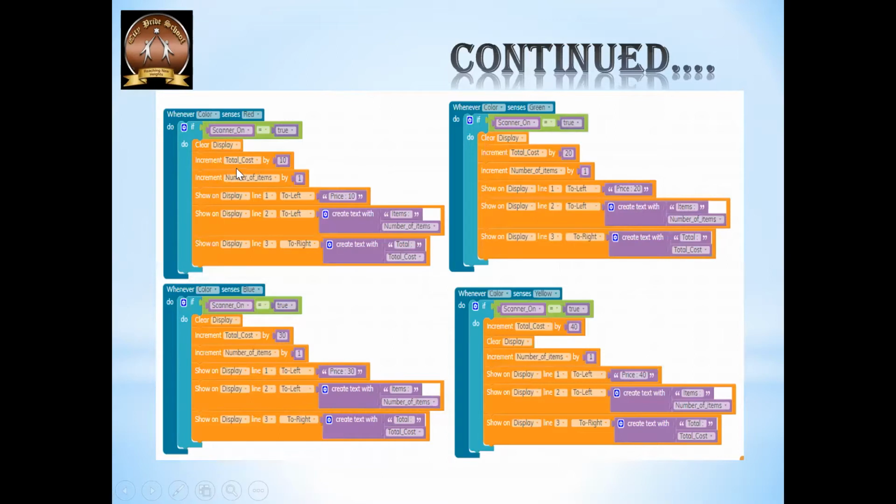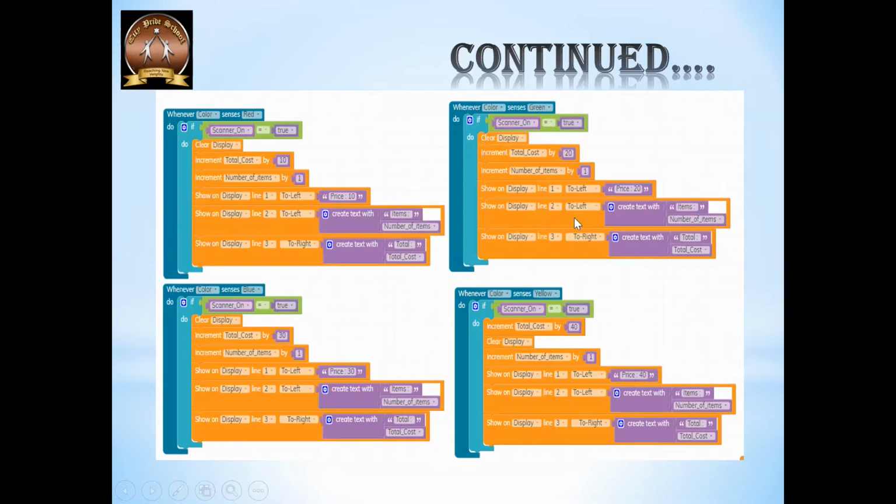If we talk about cost, the cost will be increased according to the color. For example, green color increments by 20, blue by 30, yellow by 40, and everywhere accordingly you have to change the display 10, 20, 30 and 40. In the second line we display the number of items, and in the third line we display the total cost to be paid.